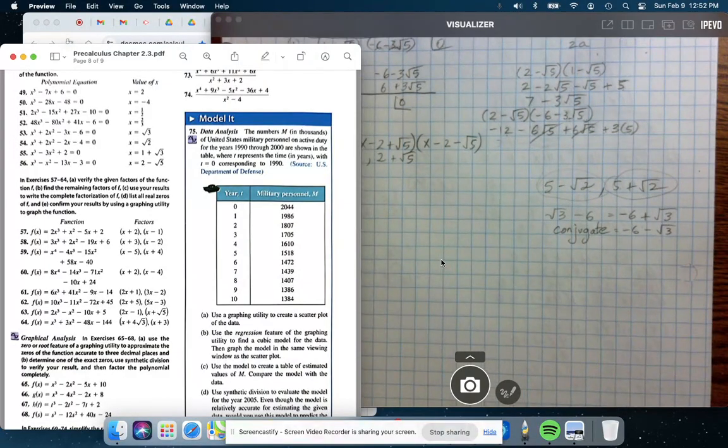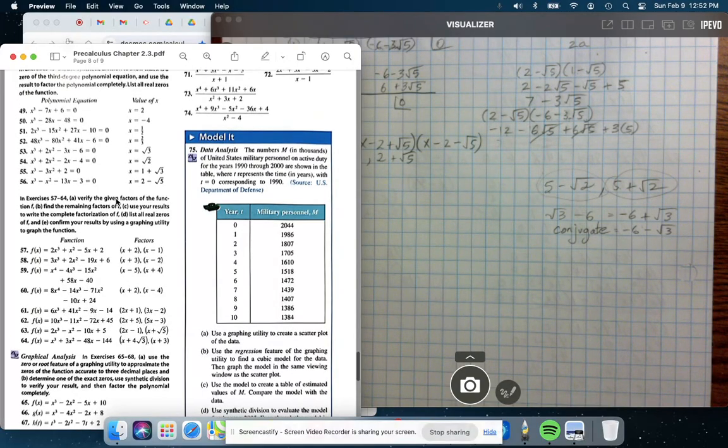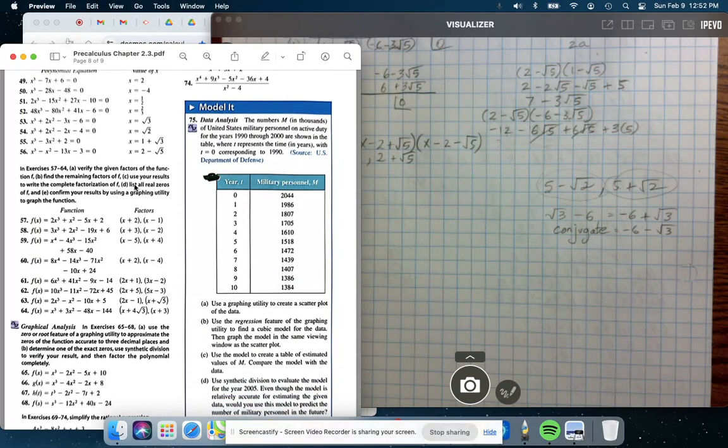So that was number 56. In the next part, it says verify the given factors of the function f, and then B, find the remaining factors of f. C, use your results to write the complete factorization of f. So it's very similar to what we just did. D, list all the real zeros of f. And E, confirm your results by using a graphing utility to graph the function. All right, so starting with 58,